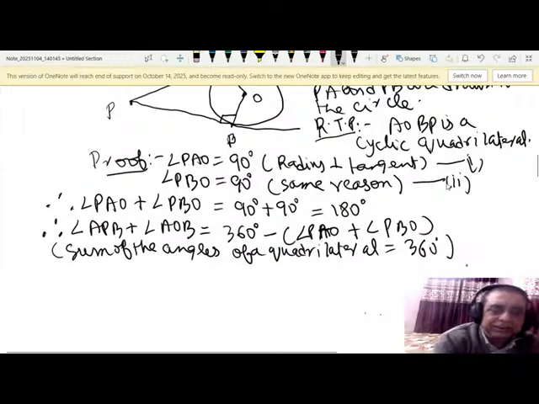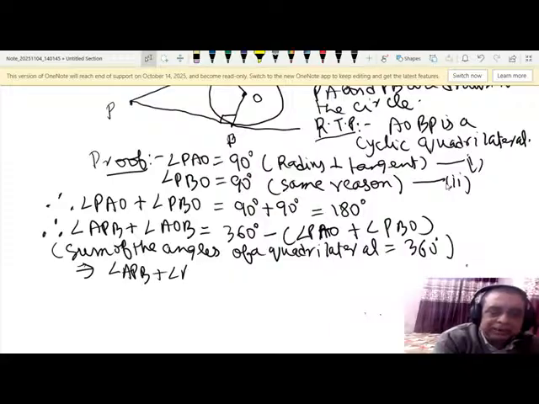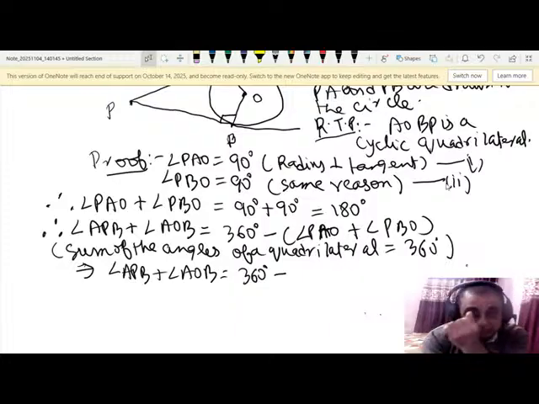So that is the reason why the sum of these two angles is 360 minus the sum of these two angles. So angle APB plus angle AOB is equal to 360 minus (PAO plus PBO), which